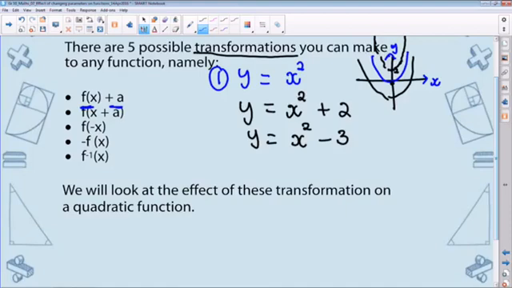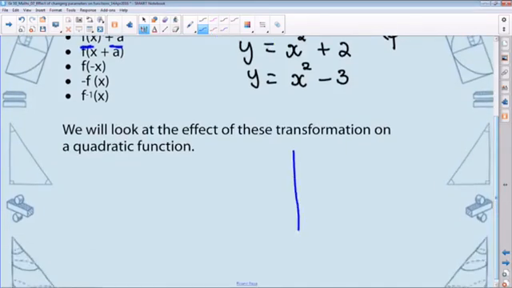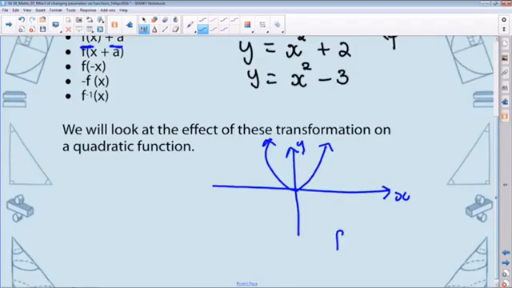So you've got a graph like this, which is your normal y equals x squared, okay? Now, if I say this is f of x equals x squared, and then I'm putting something here and say x minus 2,